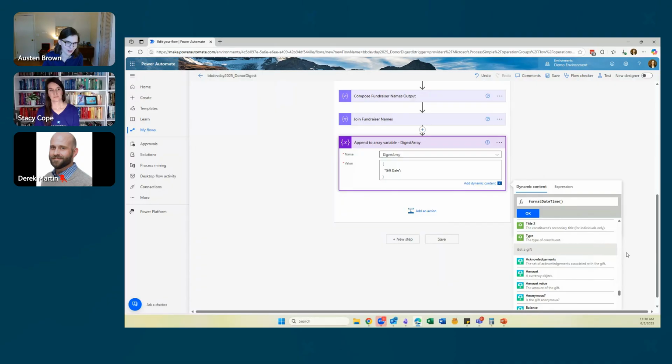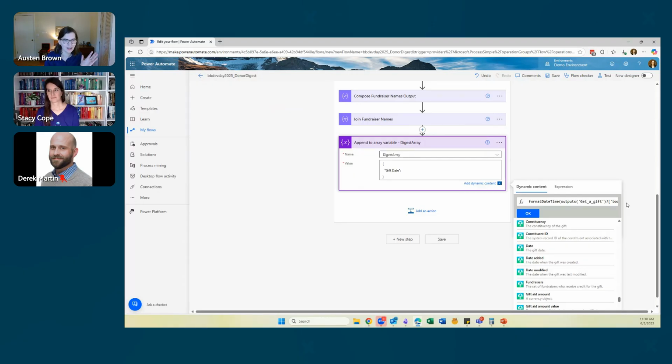Oh, here we go. So here's get a gift, and I want to find the date field, and it's in alphabetical order. So my cursor is still between the parentheses, and I'm going to select date. This is going to put a lot of stuff in, but really this is how Power Automate knows that it needs to utilize the get a gift output, and then it needs to identify the key of date to find